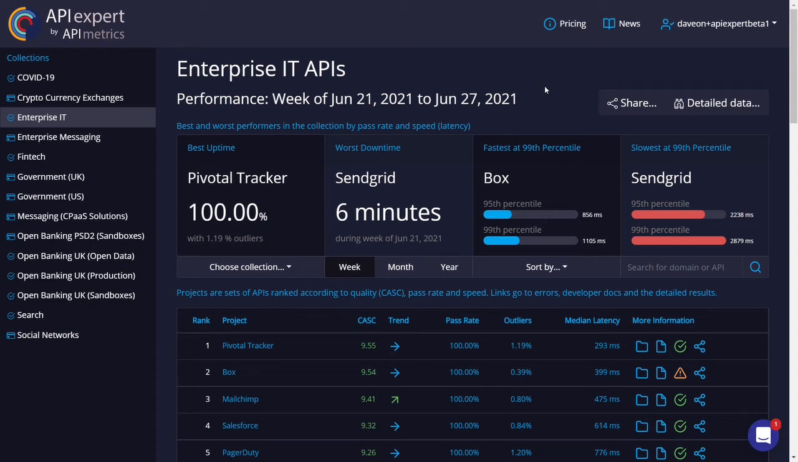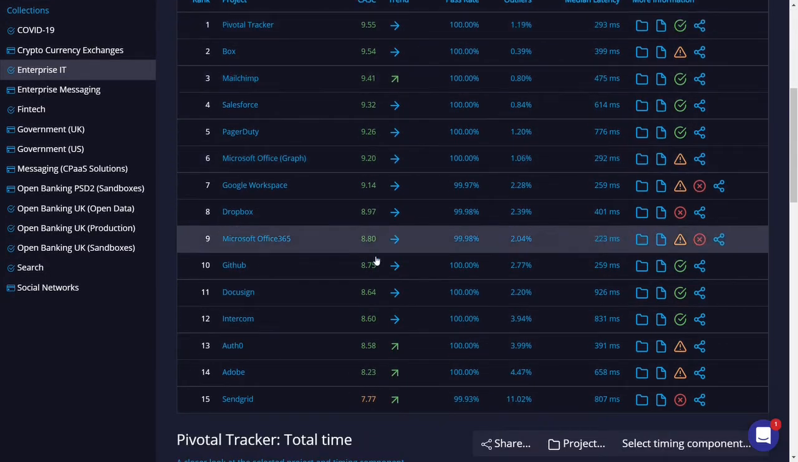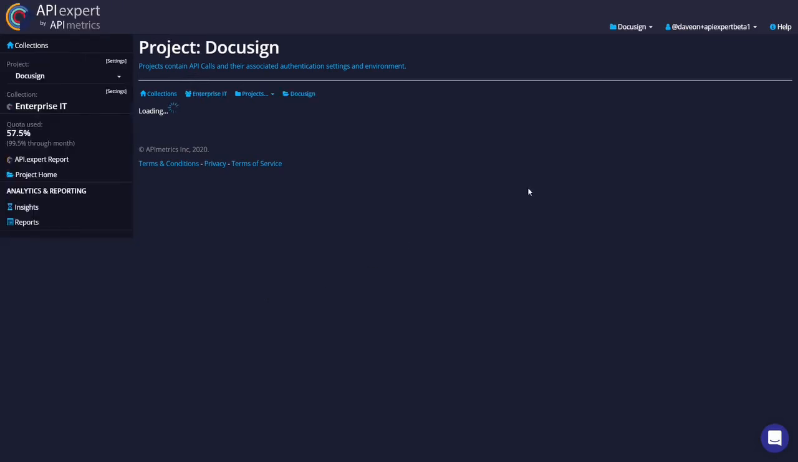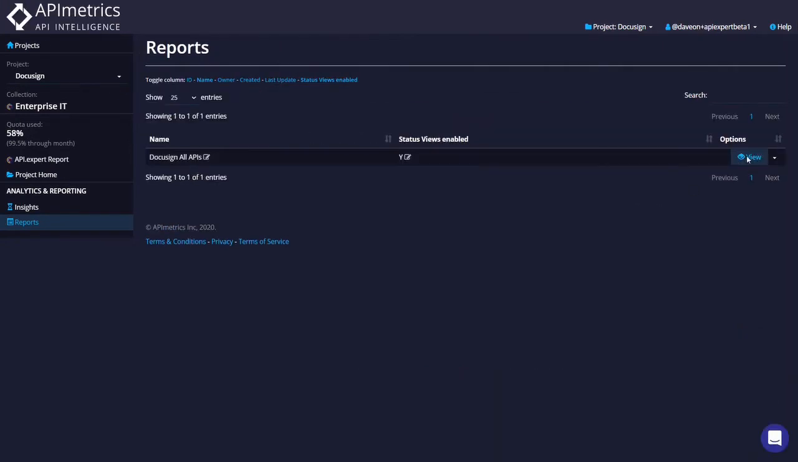One of the interesting features of API Expert is the ability to see how any endpoint functions from any data center anywhere in the world. I'm going to pick Docusign as an example. Once you're signed in, you can go and look at any particular project and see the endpoints in it. And if you click on the reports option, you'll be able to load up a report,